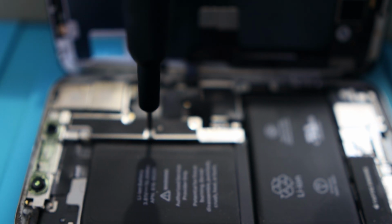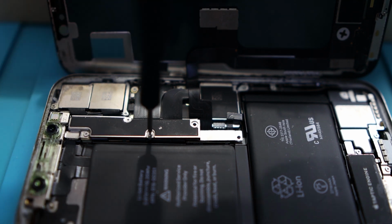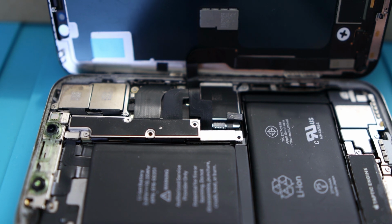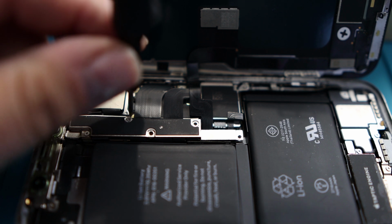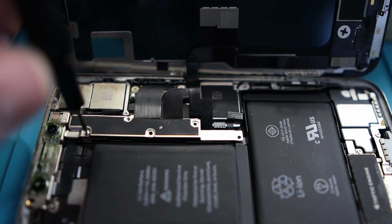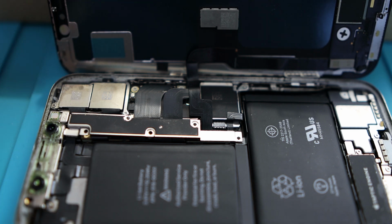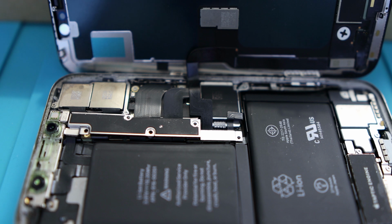Let's get the focus back in here. Apple is really bad for having different length screws, and if you put a long screw in a short hole, you brick the whole device. It's like, you've got to be kidding me, dude, but whatever, it's what they do. Also, be very careful not to just jam the screwdriver anywhere into the board, because that could really mess things up. So now we're going to take our tweezers and lift that plate up